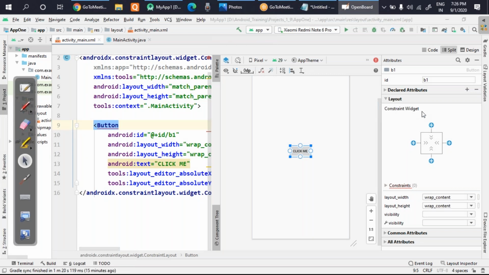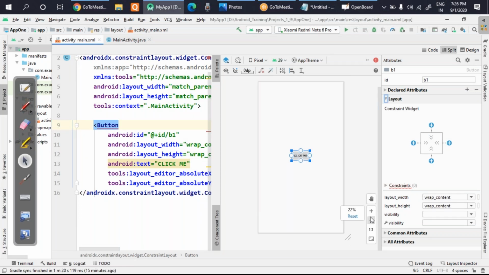If I want to make an app where there will be only one component, then we have to set the layout in such a way that all the red marks, all the errors, should be gone, and my component should be connected with the complete frame.